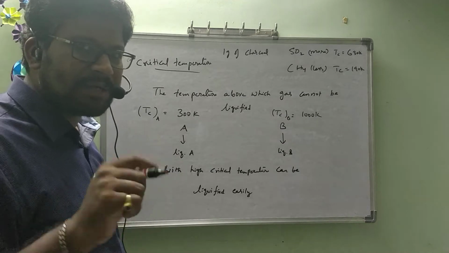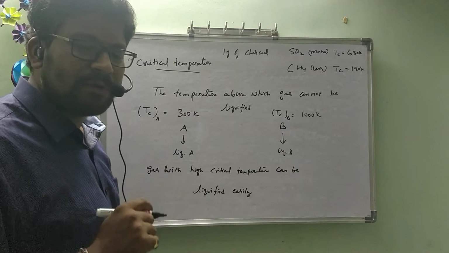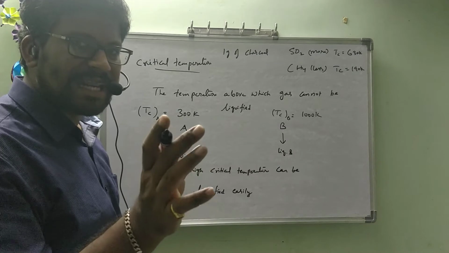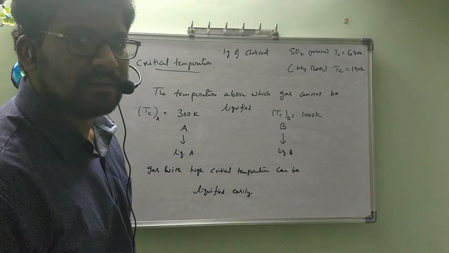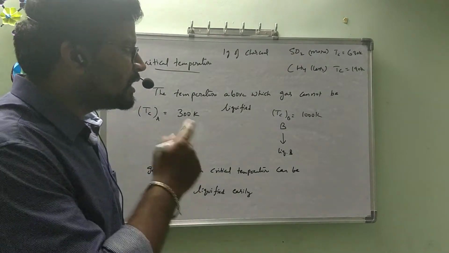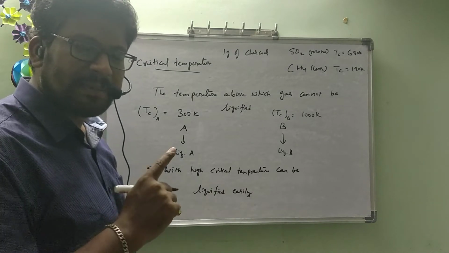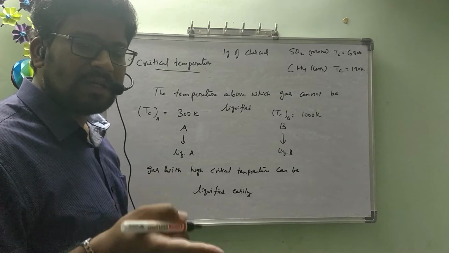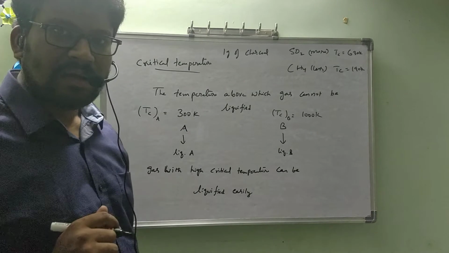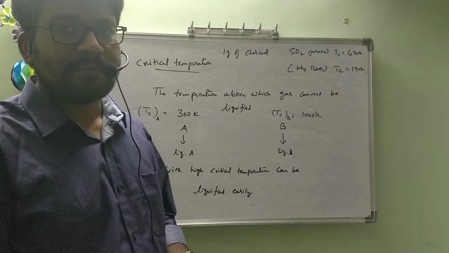In SO2, we have an electronegativity difference between sulfur and oxygen, so it has dipole-dipole forces. Dipole-dipole forces are stronger, correct or not? So attraction will be strong and it can be liquefied easily, because if attractions are stronger, the gas can be liquefied easily. In CH4, there is not much electronegativity difference between carbon and hydrogen, so it is completely non-polar. Between non-polar CH4 molecules, which type of force will be present? Van der Waals force, which means weaker force. It cannot be liquefied easily.